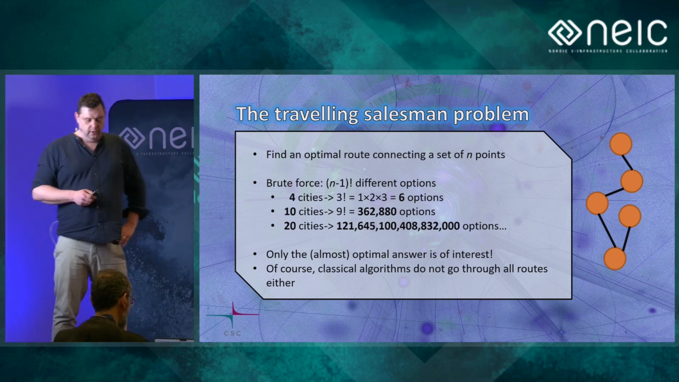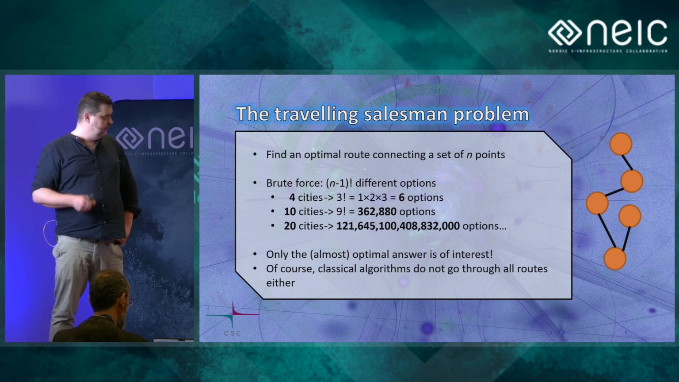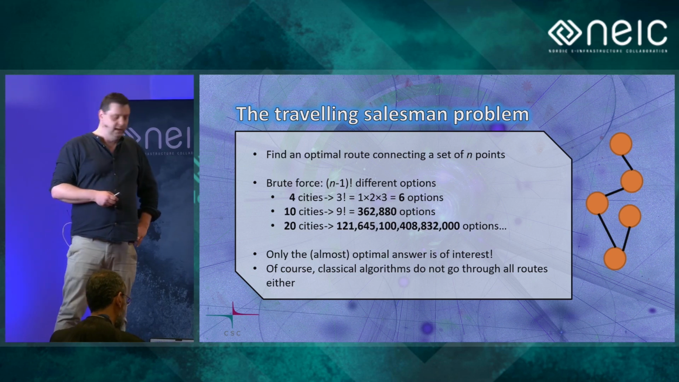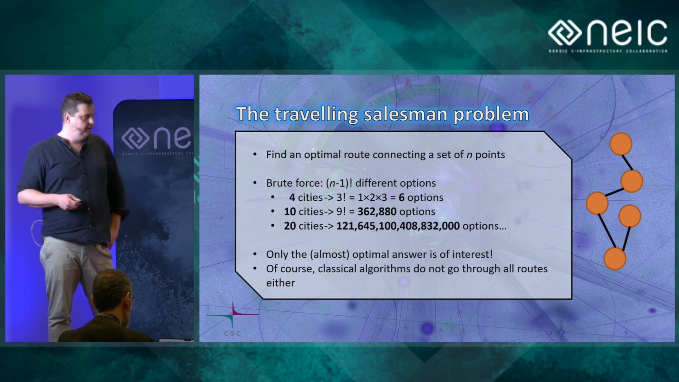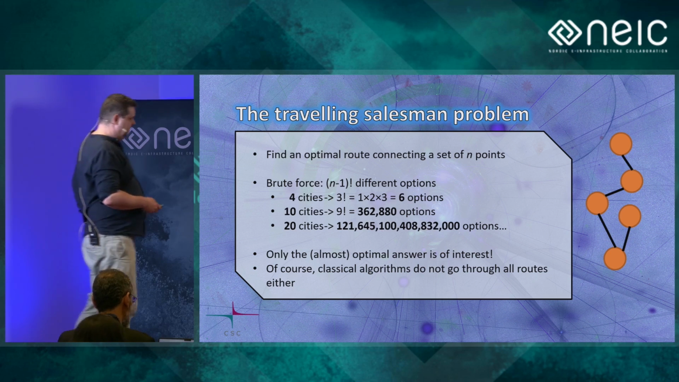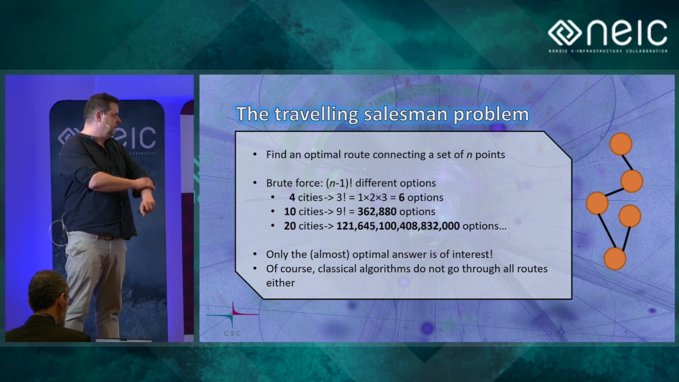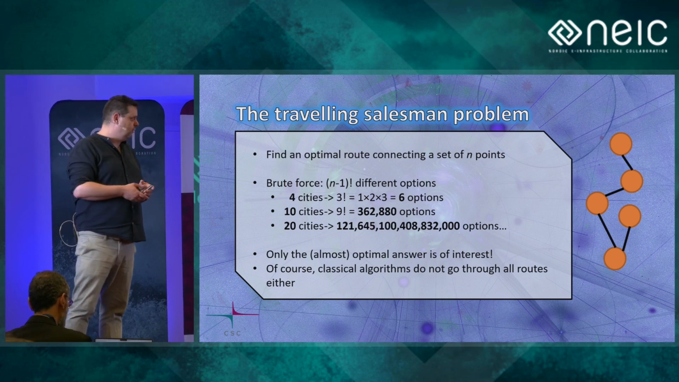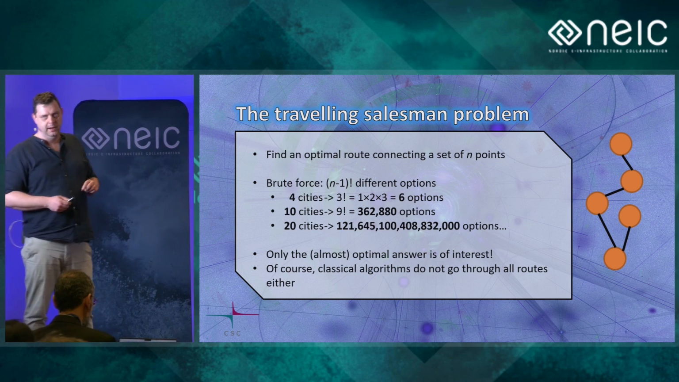So already with 4 cities, we have 3 factorial different ways of connecting these points. That means 1 times 2 times 3, so it's 6 options, and that's something you can easily do on pen and paper, and you can check it out yourself. But this problem really blows up. If you had 5 cities, then it would be 1 times 2 times 3 times 4, so 24 options, that you can still do with pen and paper, even if it becomes